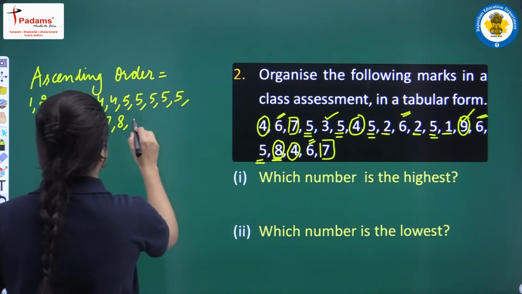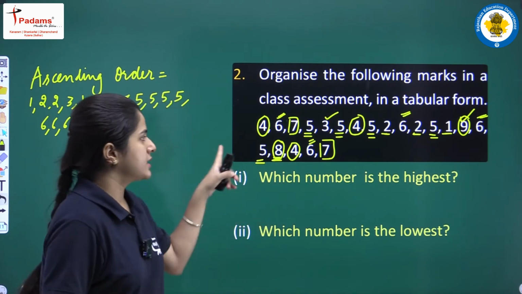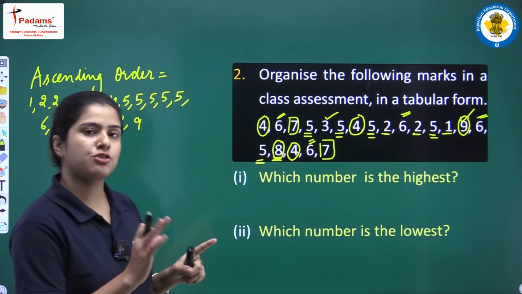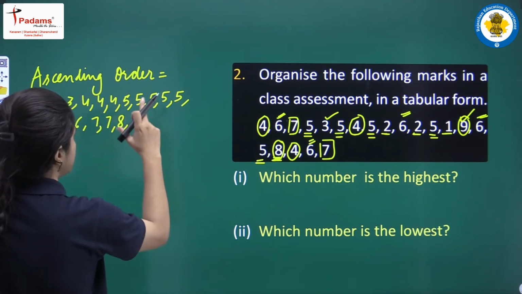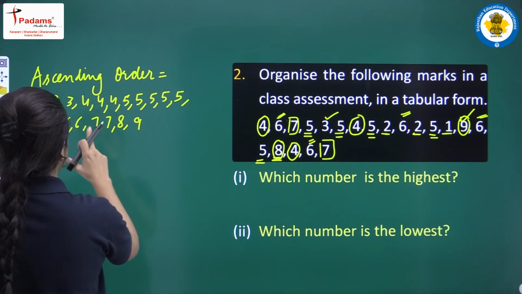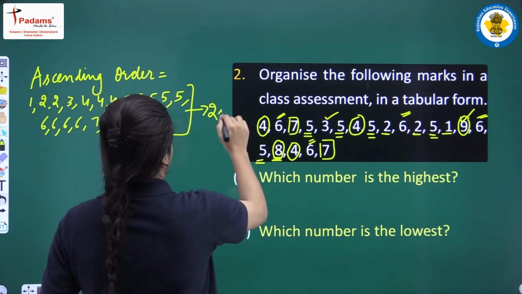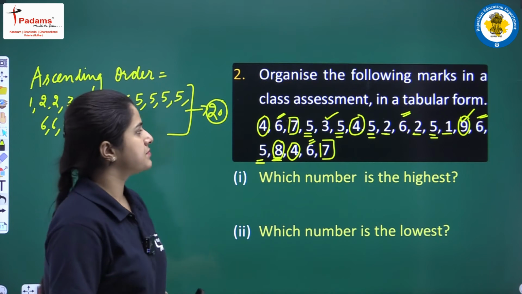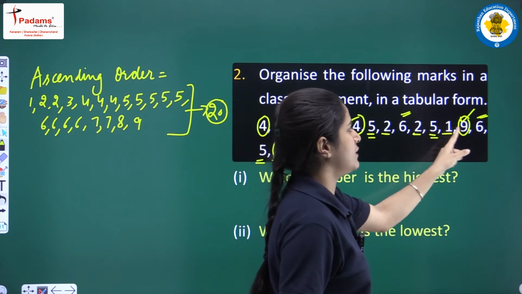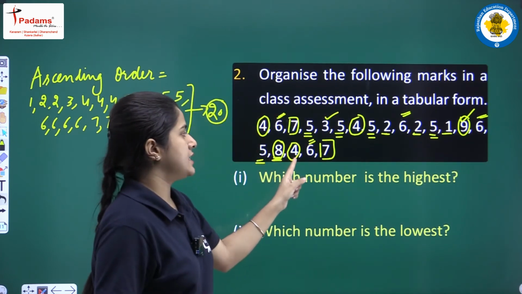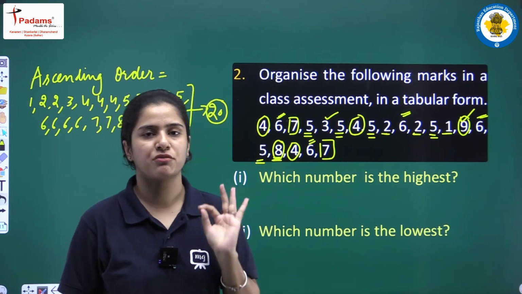Now if you want to tally, what you need to do? Count these numbers and count these numbers. This should be the same. 1, 2, 3 up to 20, so 20 numbers of data. Now count these also, 1, 2, 3 up to 20. So we have done the organization of data in the perfect way.